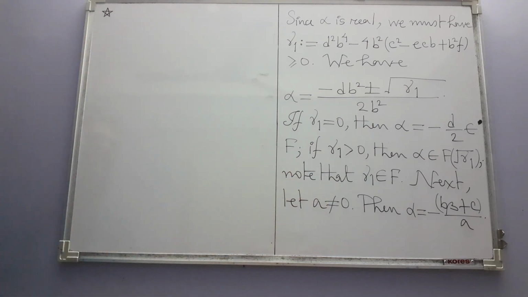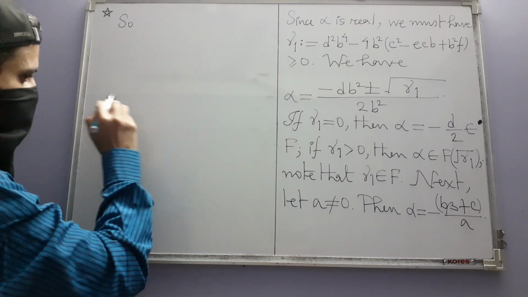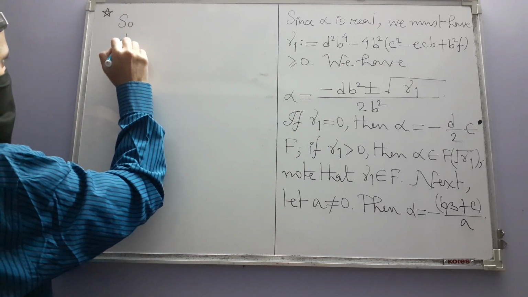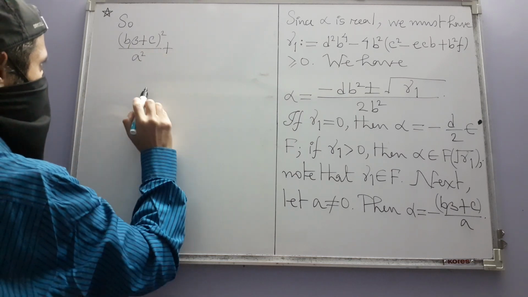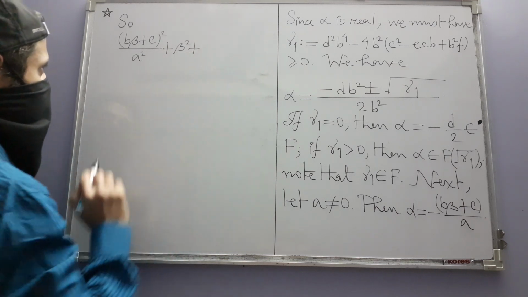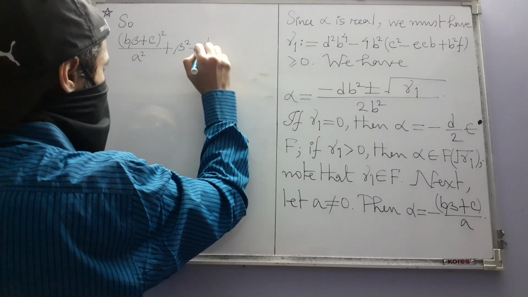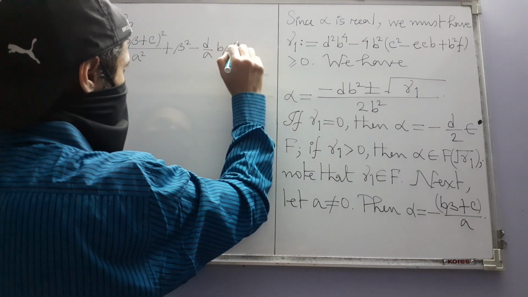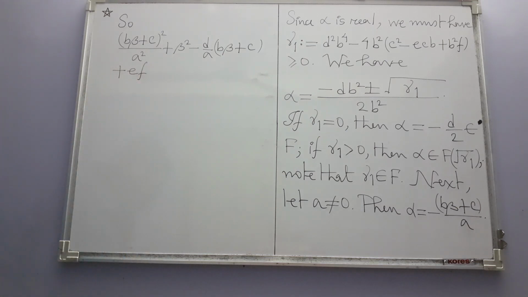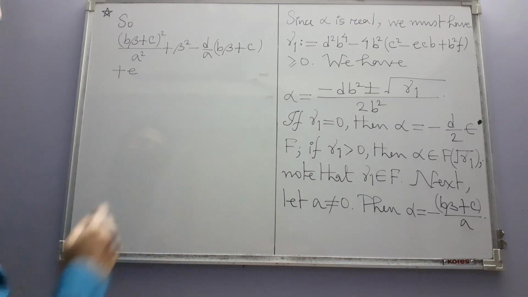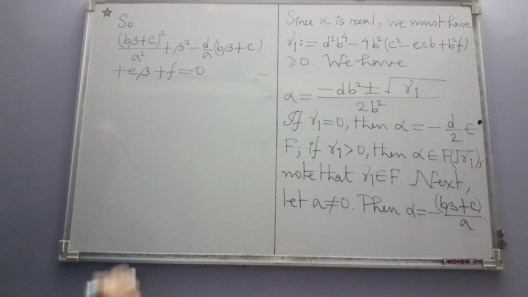In this case, we can find alpha, but we can't immediately say anything. So, alpha squared, that means the very first term is b beta plus c whole squared divided by a squared, plus beta squared, plus d times alpha, so that means minus d over a times b beta plus c, plus e beta, plus f is equal to 0, and we will now have to